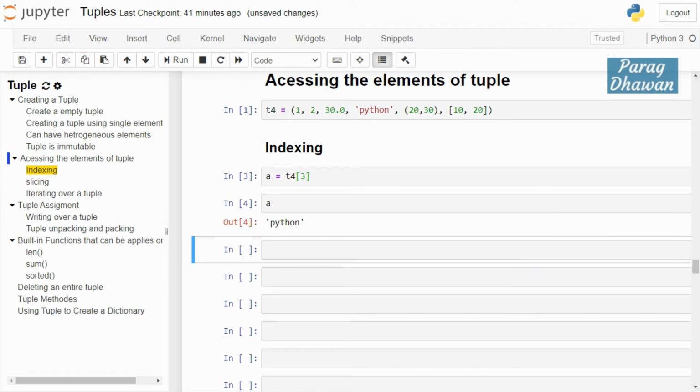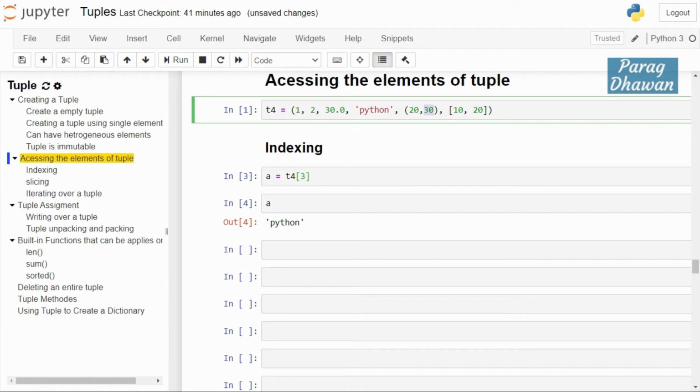If you want to access an individual element of a sub-element inside a tuple, then first you have to access the main sub-element and then the element inside it. For example, if you want to access this tuple 20, 30, you have to give the index 0, 1, 2, 3, 4. Then in front of it you have to give the index of the individual element.